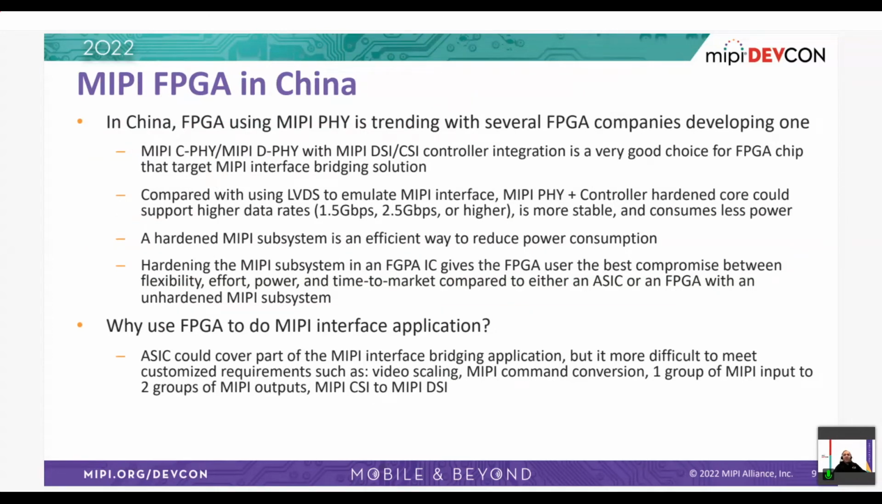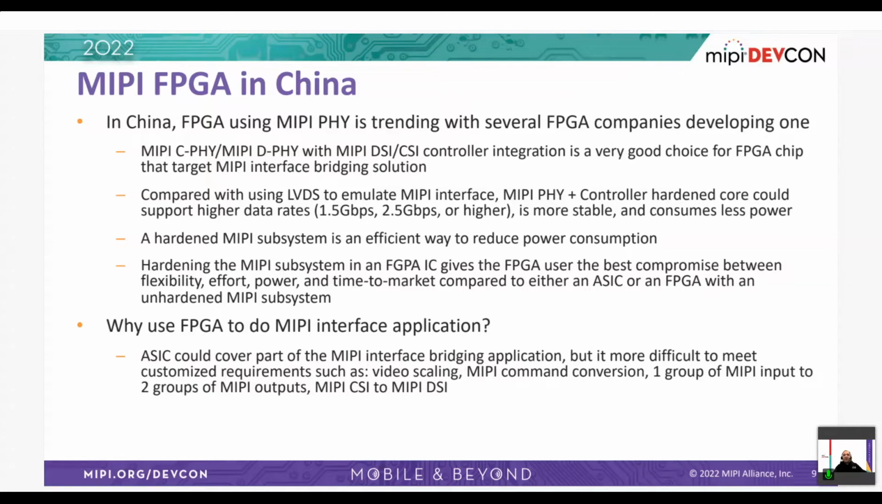So moving to the MIPI FPGA market in China, where Hercules Microsystems is located, there is a growing trend for using FPGA and MIPI bridging solutions, mainly for MIPI DSI and CSI protocols on top of MIPI D-PHY and C-PHY physical layers. The traditional way to build a MIPI bridging system over an FPGA was to use the FPGA LVDS interface to emulate the MIPI interface. But the growing trend here is to harden the MIPI subsystem, including the PHY and the controller, to achieve many benefits. Those benefits are mainly the